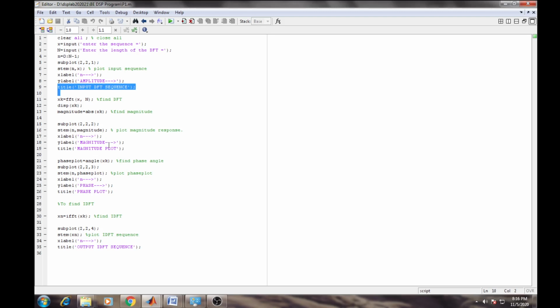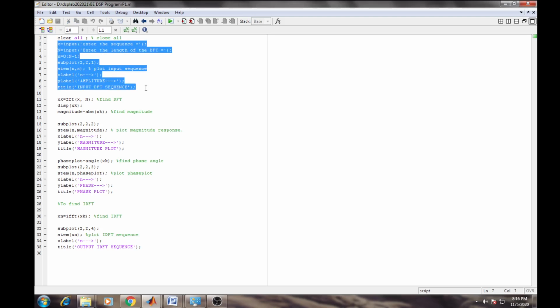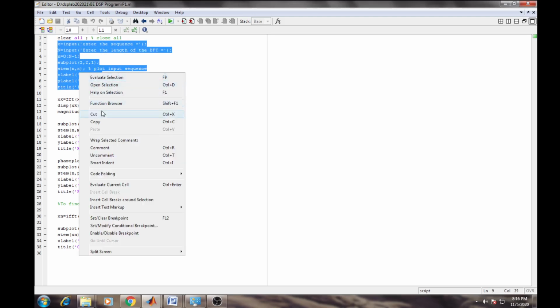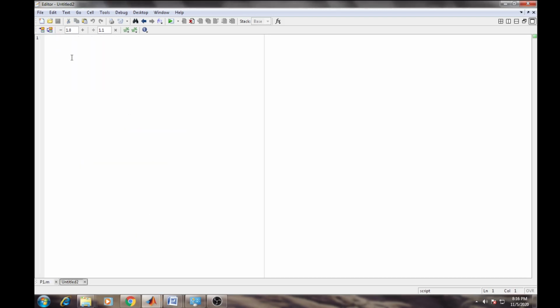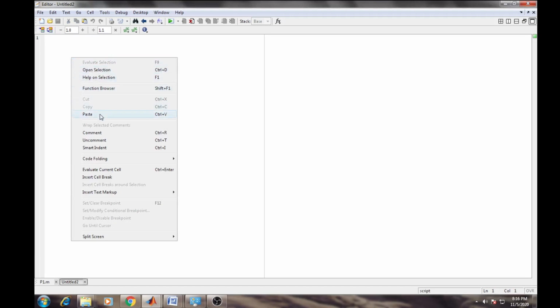Now what I am doing here, I am showing you the execution of this code. Only this code I am showing you, so you will get an idea of how the program is running, right? I am just copying this, and here I am showing you with the help of a new file.